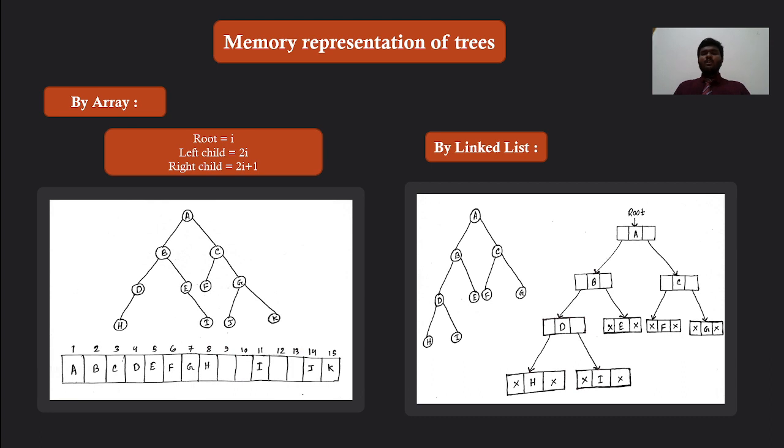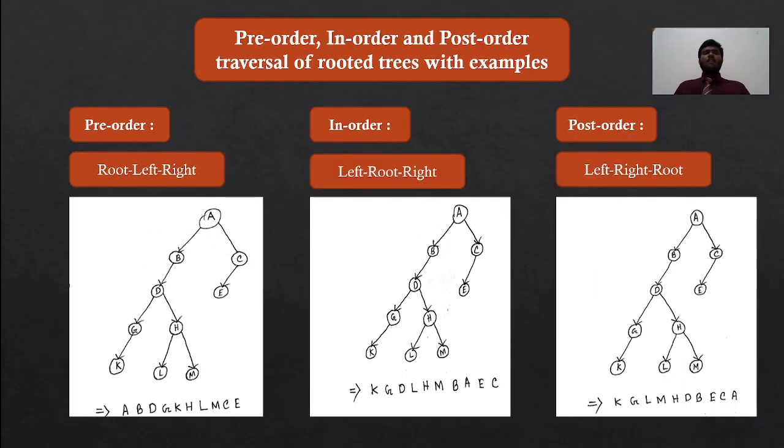And then if we go to our next slide, our topic is pre-order, in-order and post-order traversals of rooted trees with examples. Here first we have the pre-order, and for doing this we have a rule, which is root, left, right. According to the rules, if you look into the example,